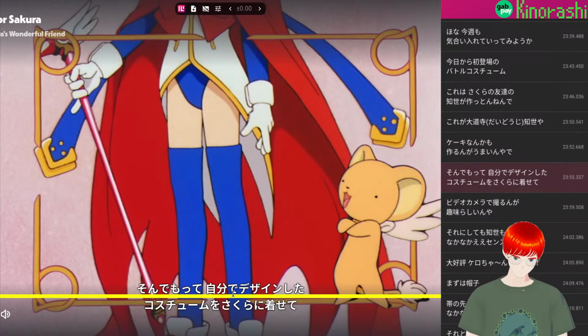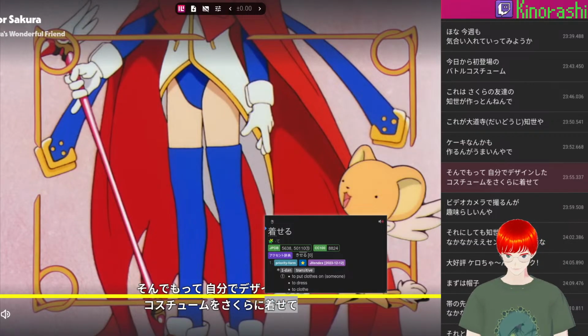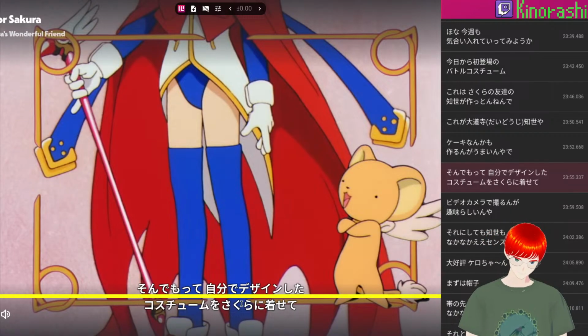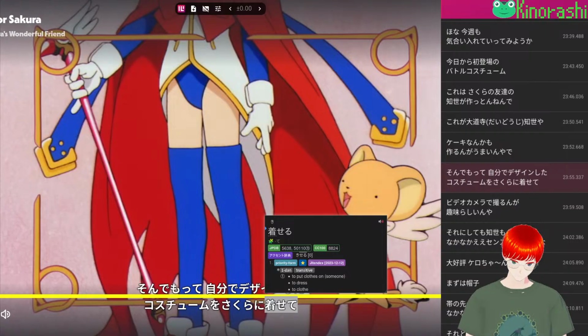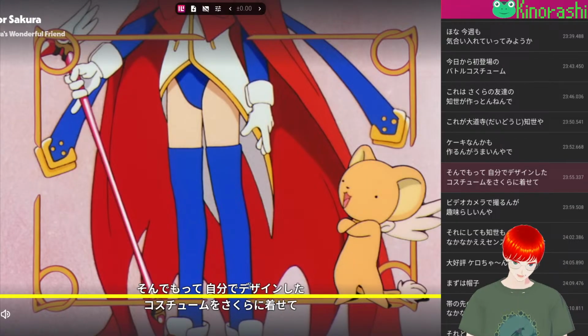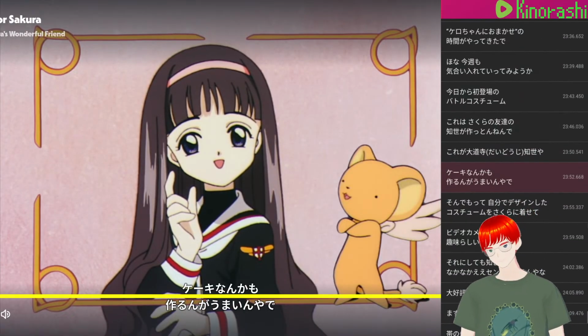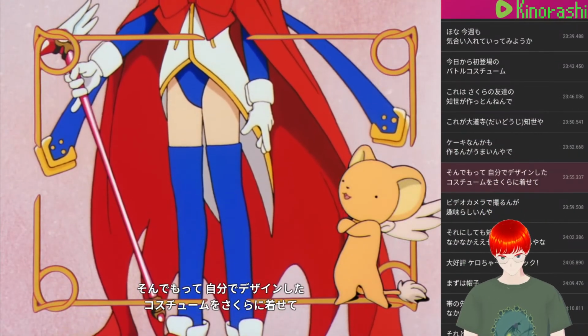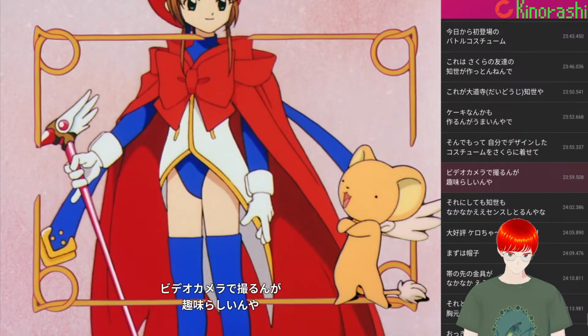自分でデザインしたコスチュームを桜に着せる is transitive, to put on clothes. So the costume that Sakura put on was designed by Tomoyo-chan herself. そんでもって自分でデザインしたコスチュームをさくらに着せてビデオカメラで撮るんが趣味らしいんや。